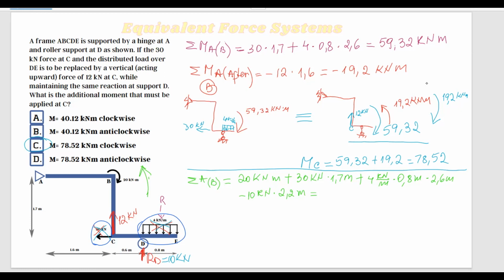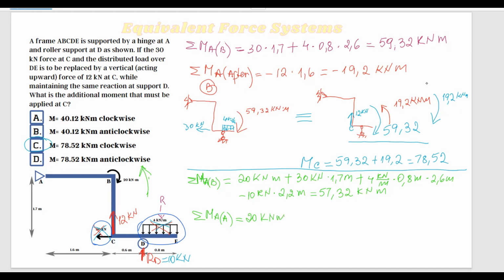So I have a moment of 57.32 kilonewton meters. And then sum of moments at point A, this is supposed to be moment at point A, after we remove the forces, equals 2. So in the second case, we are going to have, again, the moment at B,